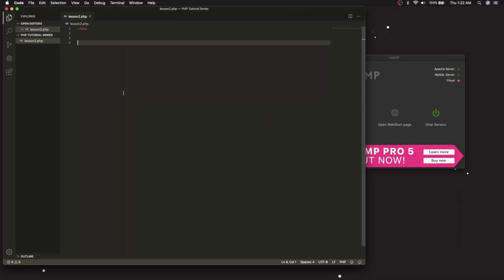Well, in PHP, to declare a variable, we will always use the $ sign followed by the name of the variable. So we're going to start it with a $ sign and then the name of the variable. And then what we always do after that is we put an equal sign, because this is declaring that this is equal to whatever is on this side. And we are going to set the name of this variable real quickly to first